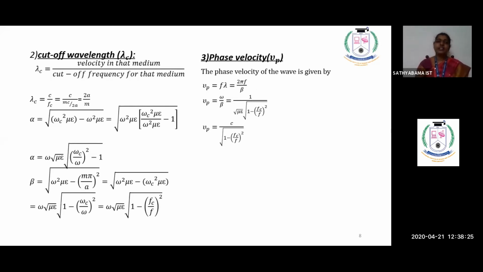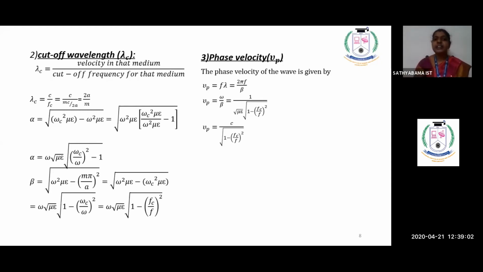Okay, so next, we have already got our alpha value and beta value. That value as such you can keep, or you can also convert it in terms of your critical frequency, or in terms of your omega c. That is what we have done here. In the alpha formula, by mere substitution and combination of the common terms, you get the value of alpha in terms of omega and omega c. What is omega? Omega is the operating frequency. What is omega c? It is the angular frequency obtained from your critical frequency. That is the only difference.